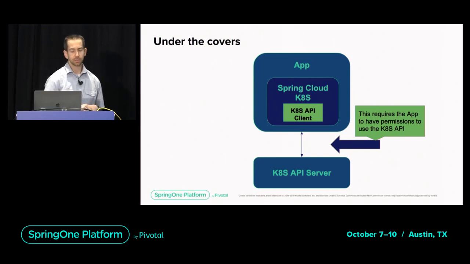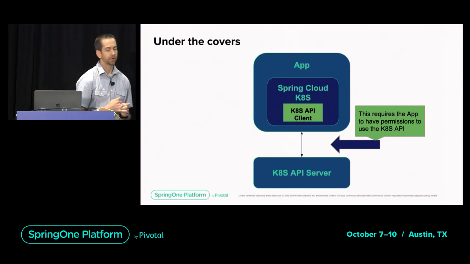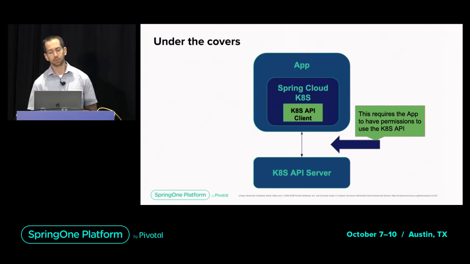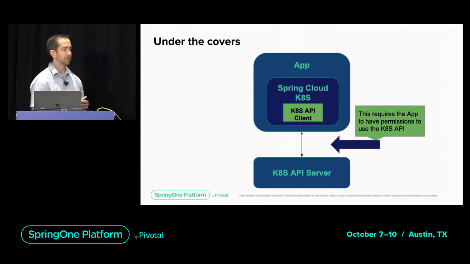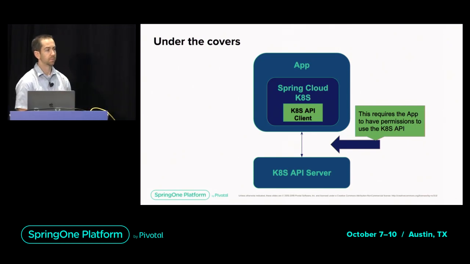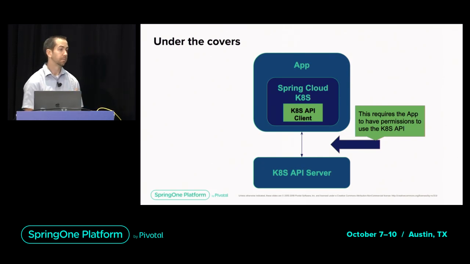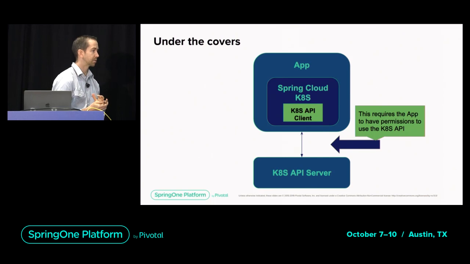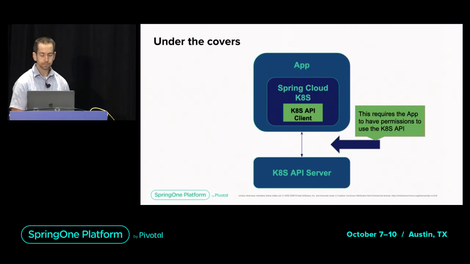Today, what we do under the covers in Spring Cloud Kubernetes, that you might have seen if you're very observant when we were looking at the YAML files, is that we use a Kubernetes Java client to communicate directly with the Kubernetes API server under the covers to do some of these things. And in some cases, that might not be okay, right? Your admins might say, I don't want my apps talking to the Kubernetes API server. I don't want to allow that. So that could be an issue for some people as well.